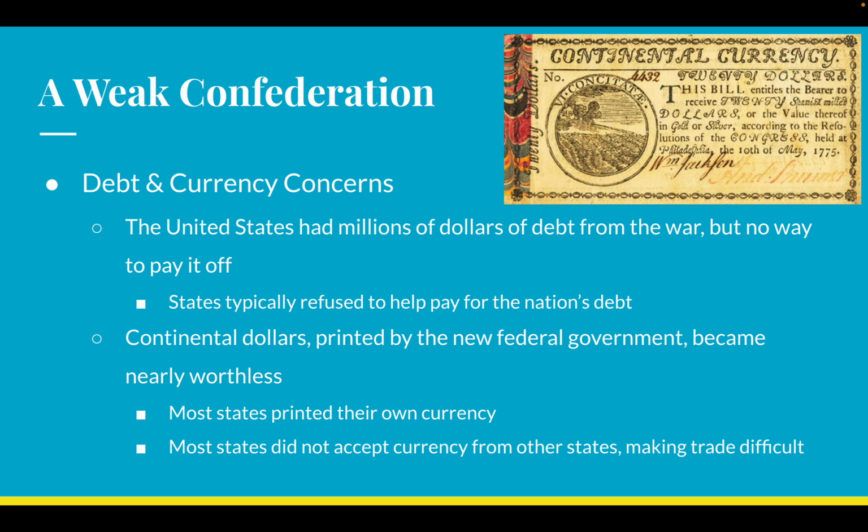Now, we do deal with this today, but this is between different nations, right? There's pesos in Mexico, there's yen in Japan, there's kroner in Denmark, there's pounds in Great Britain. Across the EU, which is most nations in Europe, they use the euro, for example. These are all different types of currencies that we exchange. But within those countries, it's all the same money, right? We all use the US dollar today. We don't use the California dollar. We don't use the Nevada dollar, etc.